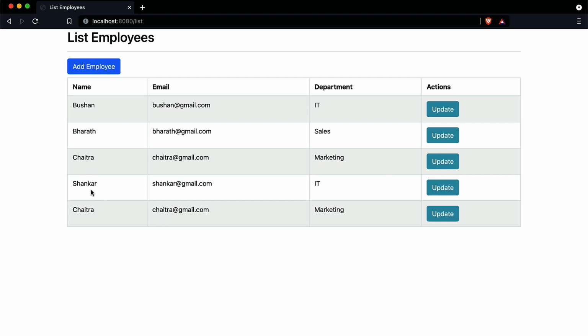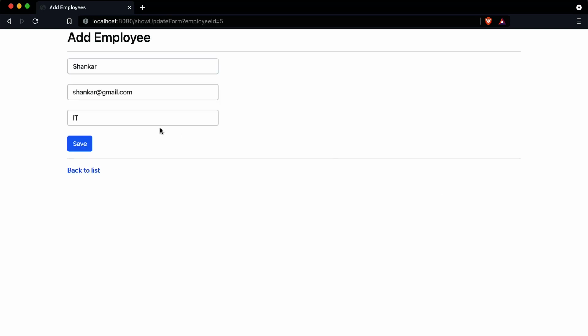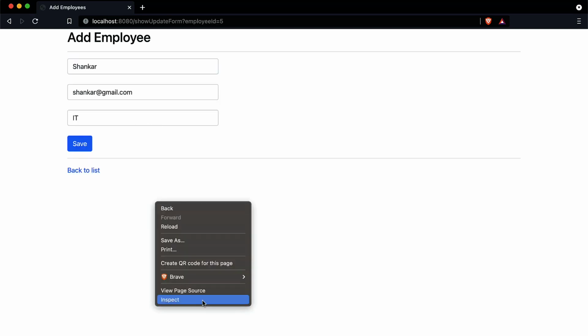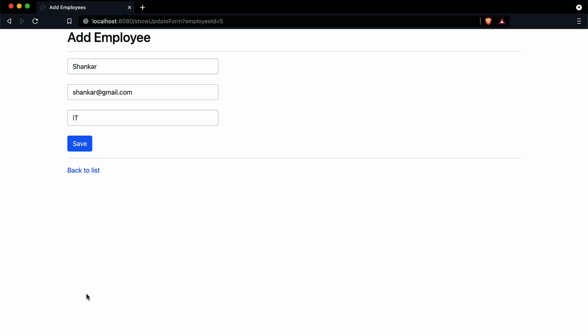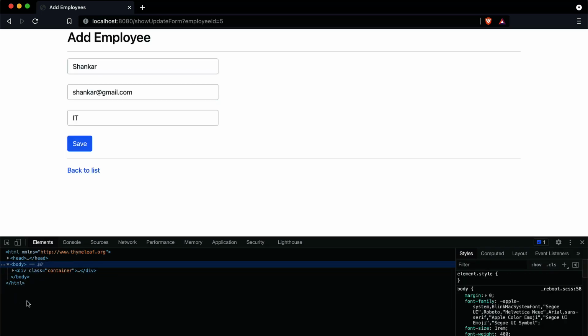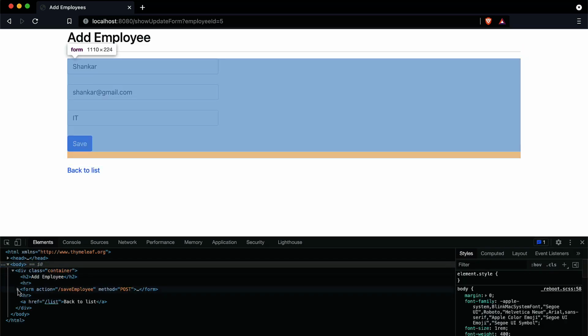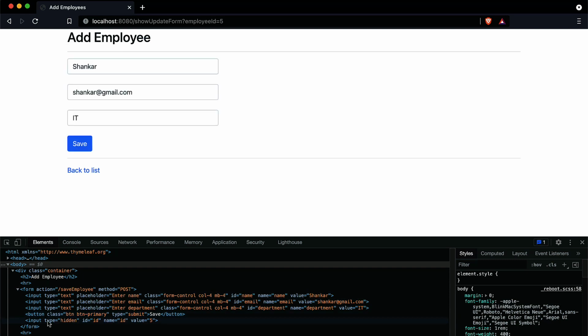Now click on this Shankar, click on the update option of Shankar, and right click, go to inspect element. Inside the body we have the form, and if you take a look at the form, we have this hidden text box, and you can see the value, which is the employee ID.